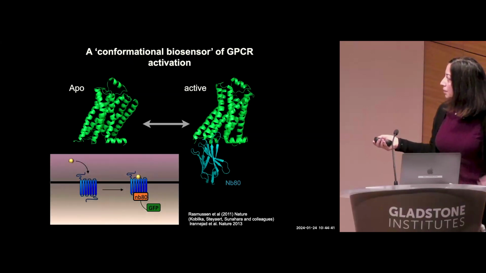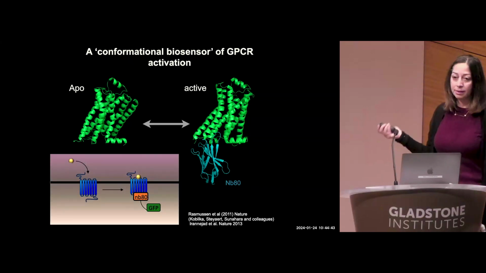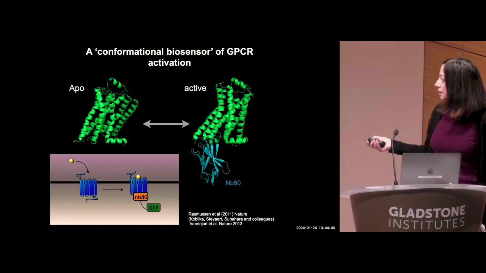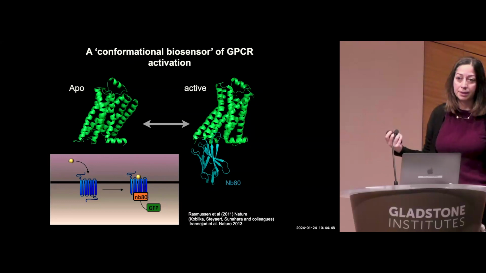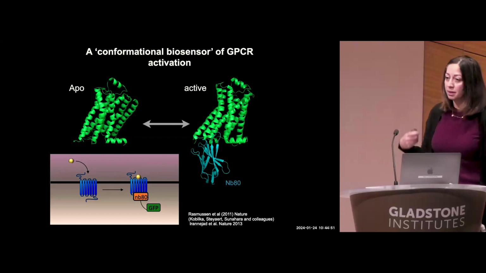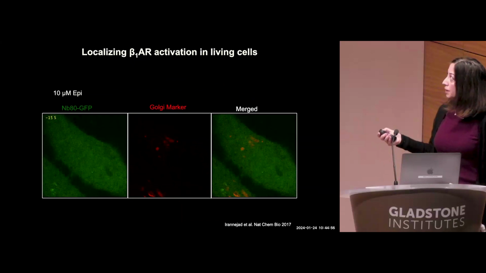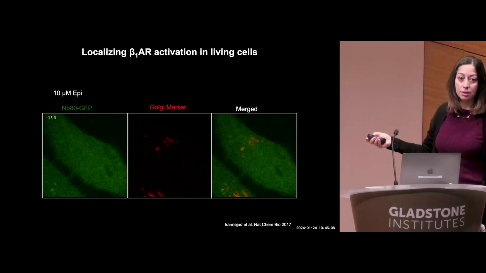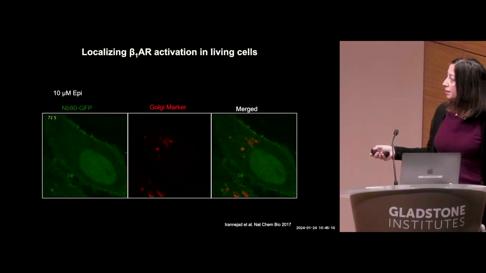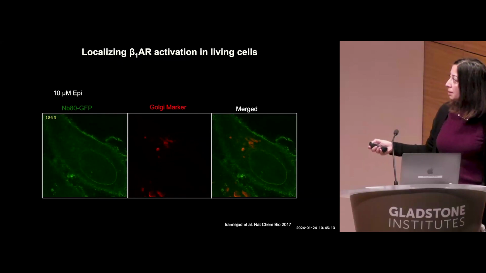So we thought, as a cell biologist, since this is encoded by a single gene, can we use this nanobody, fuse it to a fluorescent protein, and use it as a biosensor to track the activity of the receptor inside of the cell? So here I'm showing the example of a beta-1 adrenergic receptor. This is the nanobody. In the absence of the ligand activation, it's diffused in the cytoplasm. At time 0 is when the epinephrine is added to this cell culture. And you will see that this nanobody translocates from the cytoplasm to the plasma membrane, and then surprisingly also to